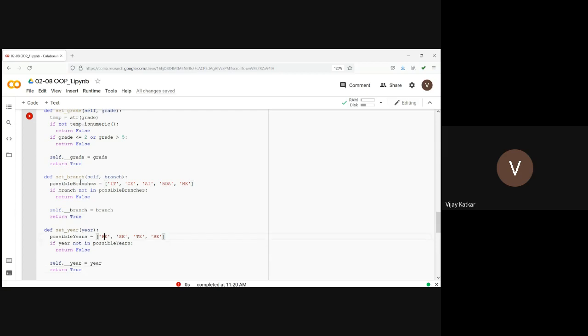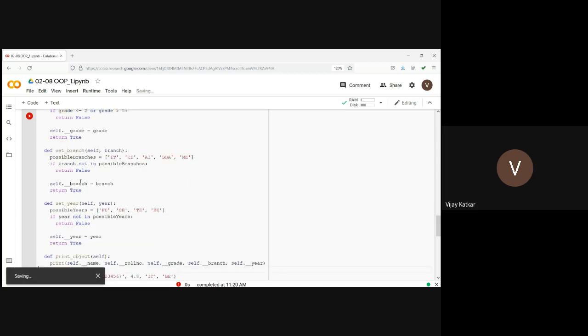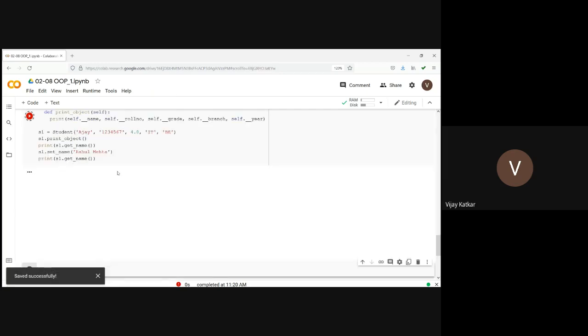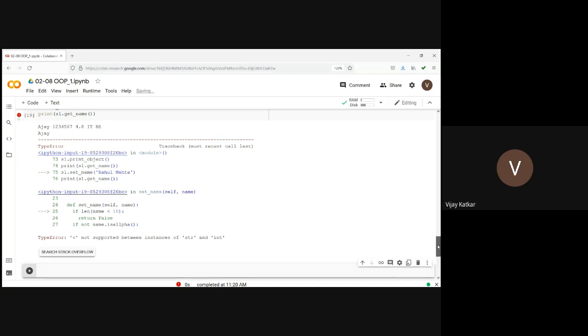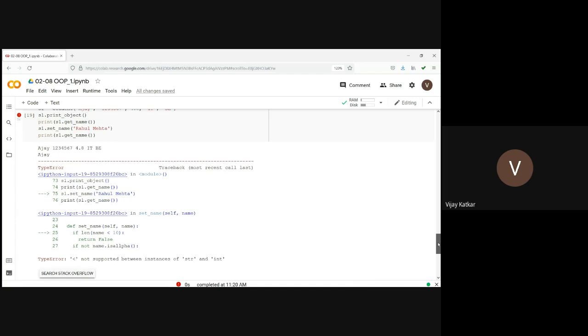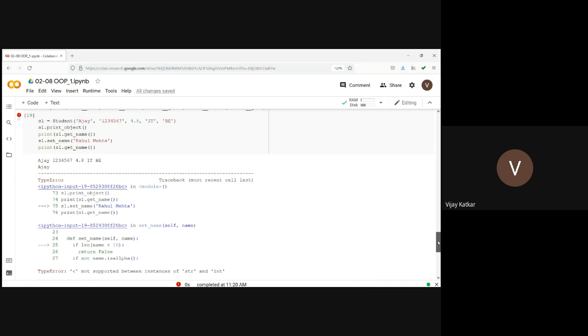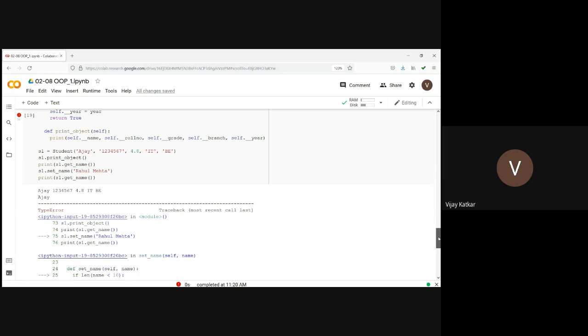Branch and year. Let us run it. Less than is not supported between instances of string and int. Okay, less than is not supported between string and int, line number. This Rahul Mehta. Setting the name.